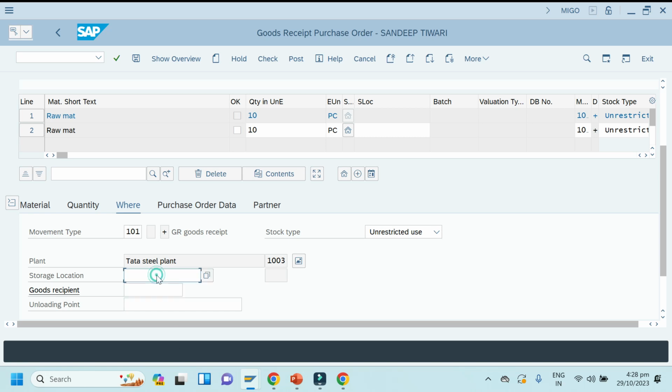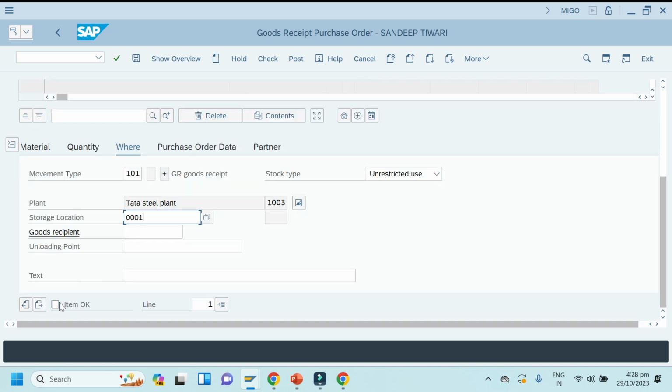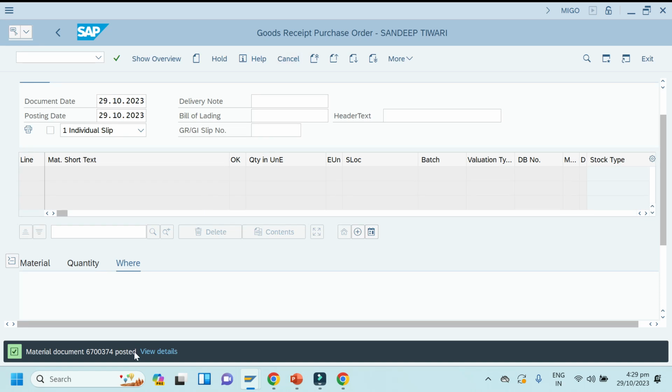So I'll keep here storage location 0001 for both. Item okay, 0001, item okay, check and post. Okay, so the document is also posted.